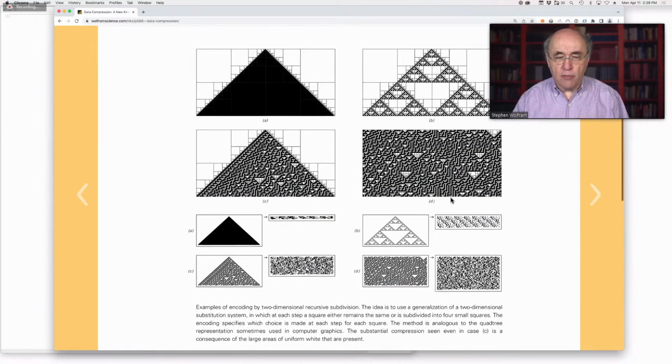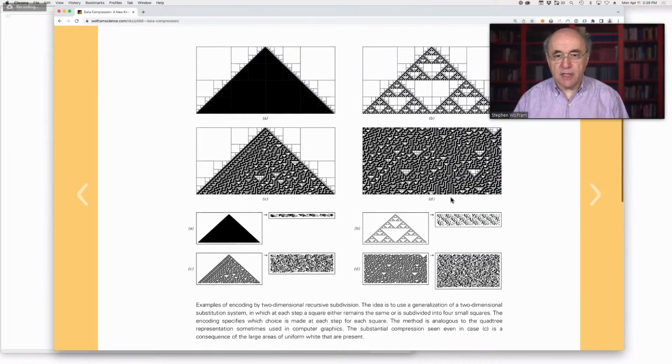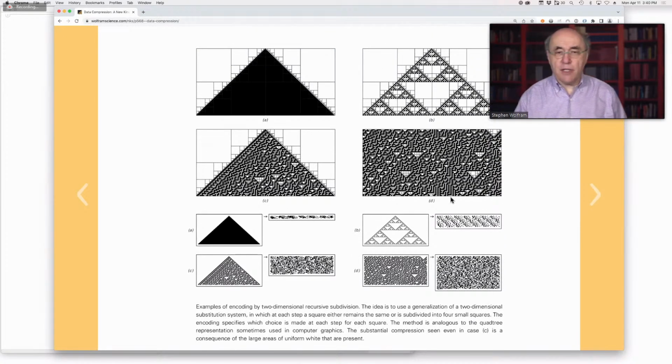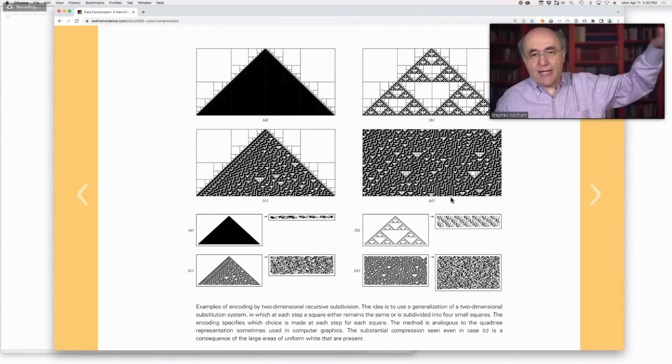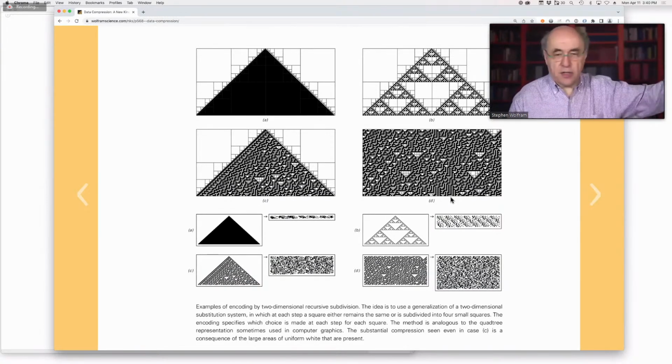Oh boy, I'd forgotten this. This is kind of cool. This is a two-dimensional analog. What we were doing before was scanning one-dimensionally, with scan lines across the picture. Here we're saying if we take two-dimensional blocks, there's a quad tree approach in computer graphics, where you try to cover this thing by blocks. At this level, it's almost like run length encoding in two dimensions. And we see there's the big block here that's just pure white, and the thing tries to fill in just those kinds of pieces that it needed.